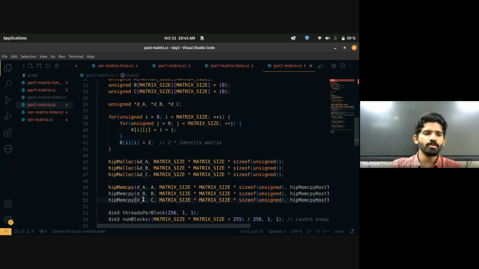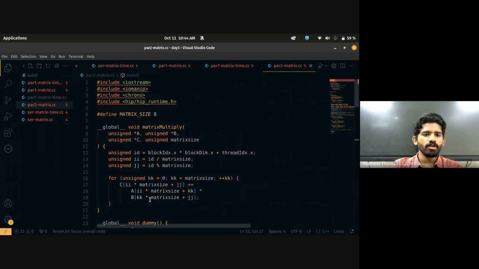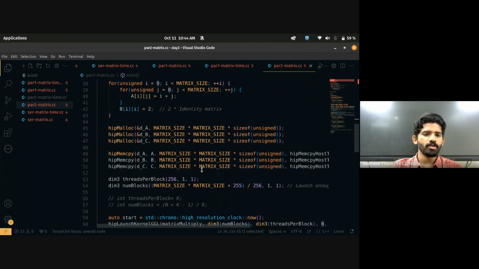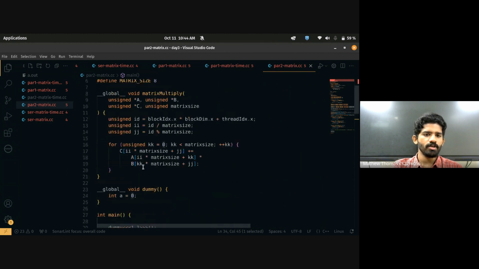Okay, so the idea is pretty simple: we are doing C plus equal to something, so we should make sure that it is initialized to 0. Since on the host we've initialized it to 0, making all the elements 0, we then copy it into the device vector as well. So here C will contain all zeros initially. Or else, if we don't initialize this, it is possible that we may get some garbage value inside it,